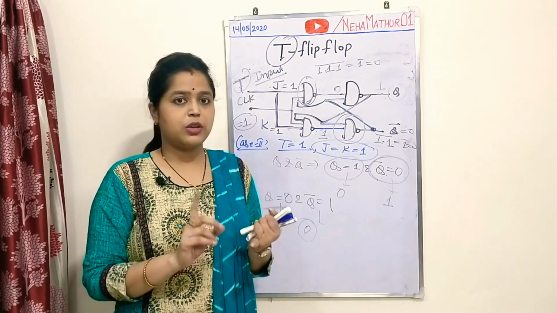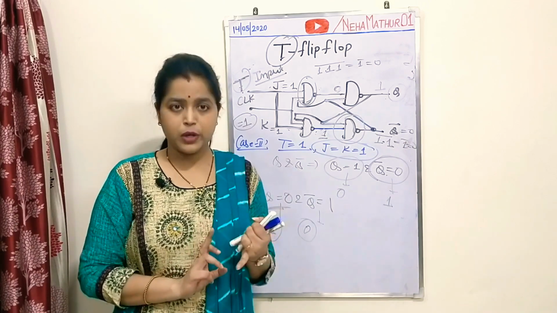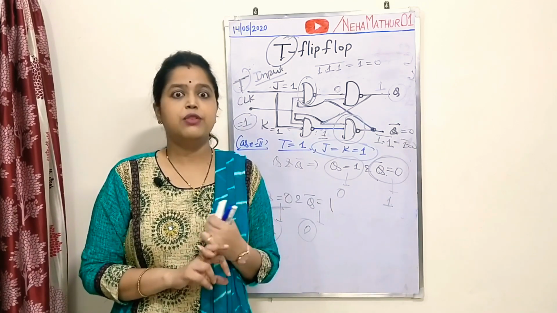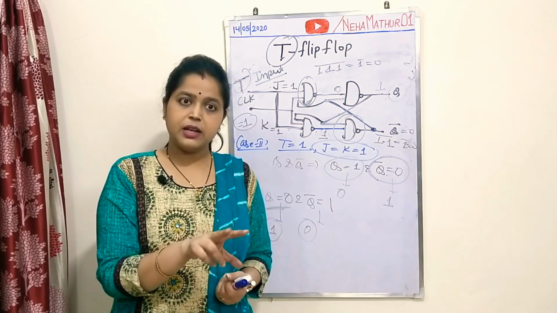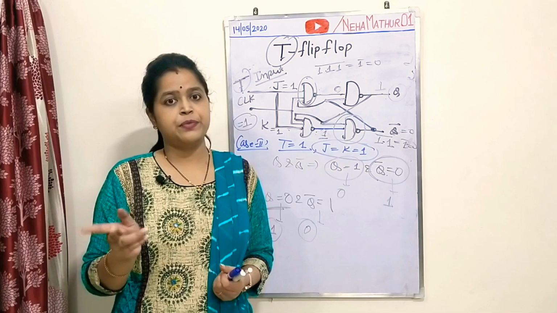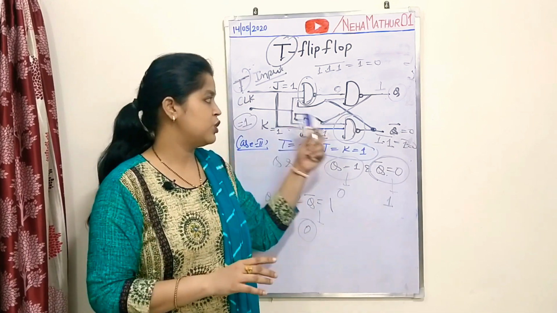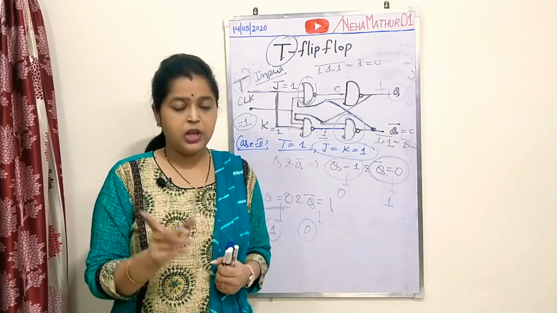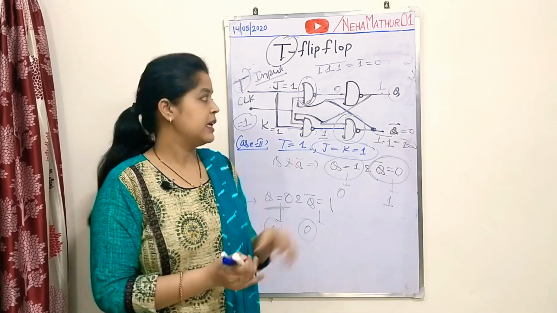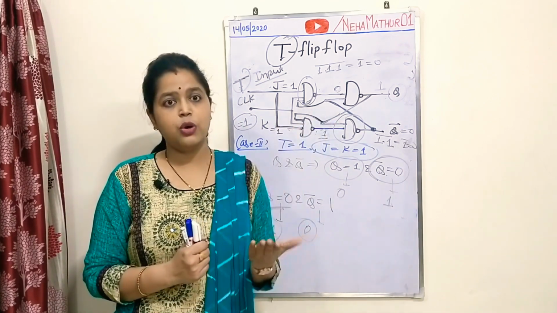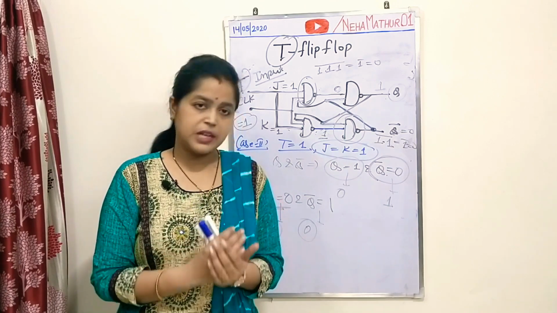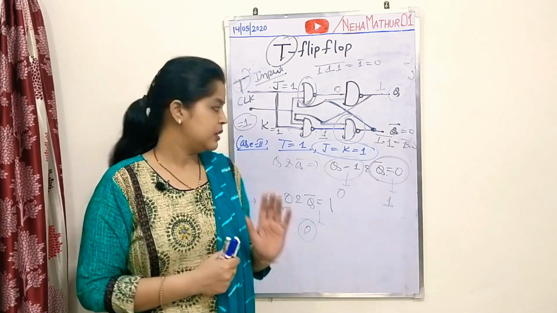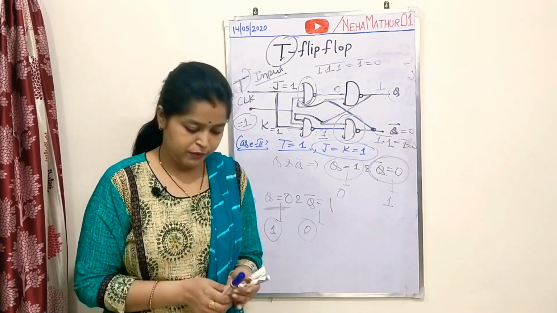The first thing is you cannot find the output calculation without an assumption. If you assume your values Q and Q bar as 0 1, then it will show the toggle state and your output will be 1 0. And if you assume Q and Q bar as 1 0, it will be 0 1. That means the calculation of the output will show toggle, and your output will not stay in its own state, it will change. So this is the second case of your T flip flop.